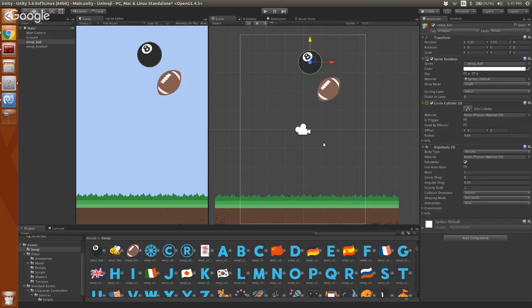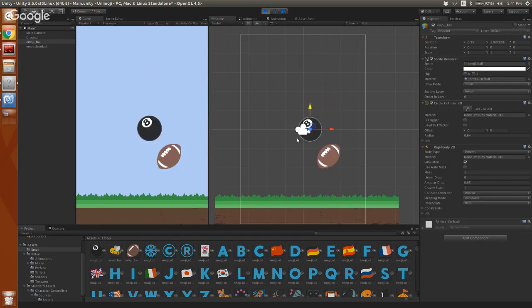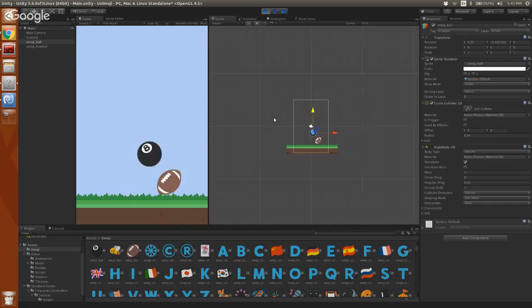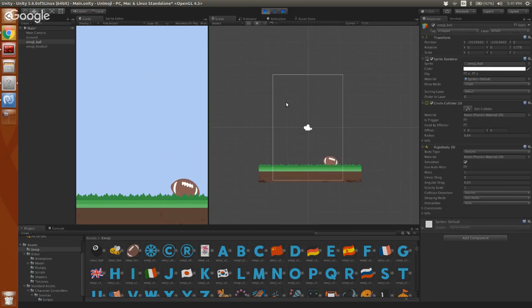But if we add in a little bit of movement, so for example, if the 8-ball falls on the football, it will start rolling. It'll start moving how you expect. See, there it goes. Because it hit the football, it has some movement, and it falls and goes away forever. Unless I ever destroy that, it's just going to continue existing. But you see, the football wobbles. Everything is happening about how we'd expect, because Unity is smart enough to wrap these objects in the right shape.